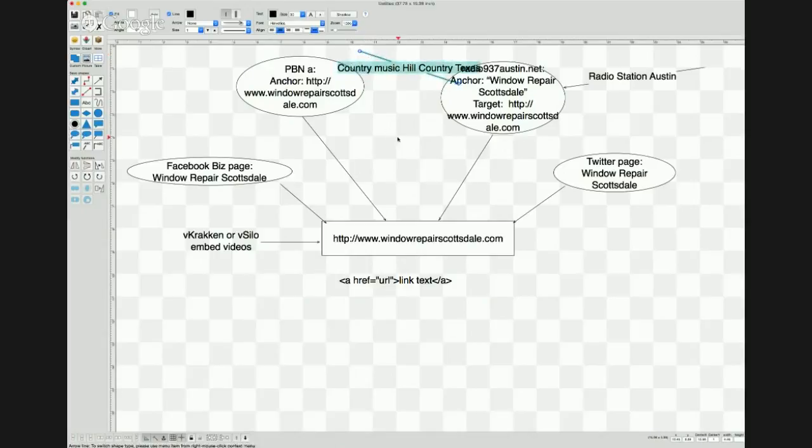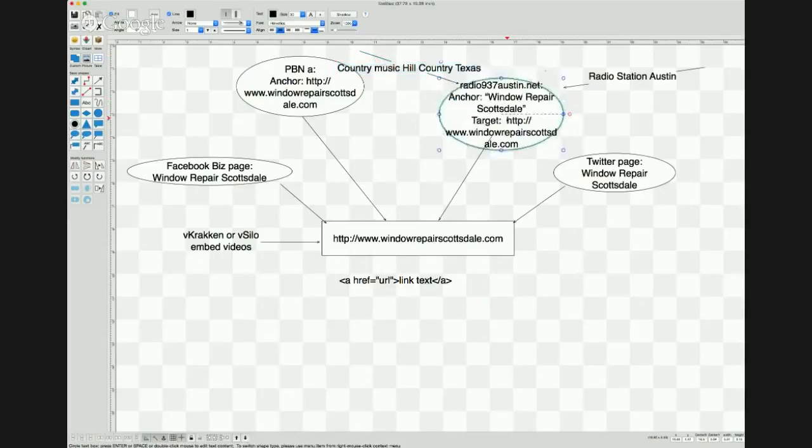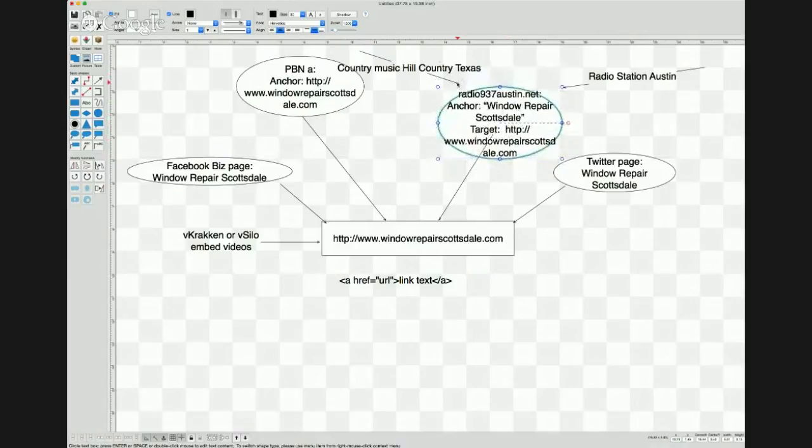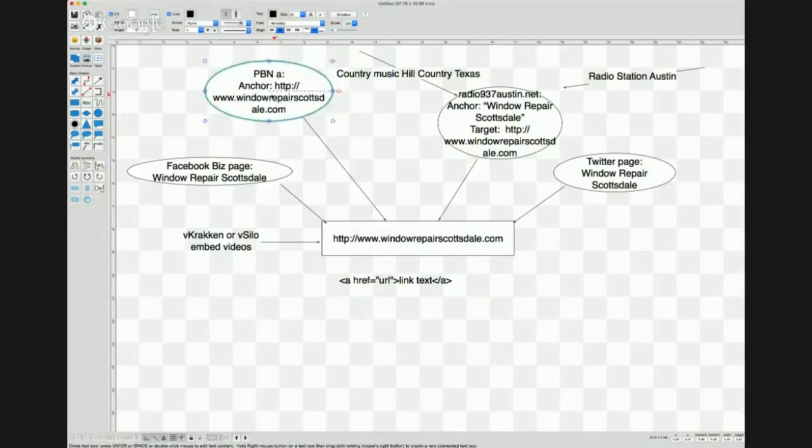So just because the anchor text coming in here is not about window repair does not make this PBN totally ineffective. This PBN is still going to be a good site, still going to be able to push link juice for window repair down here to your money site. It's just not going to be as appropriate as this site was.